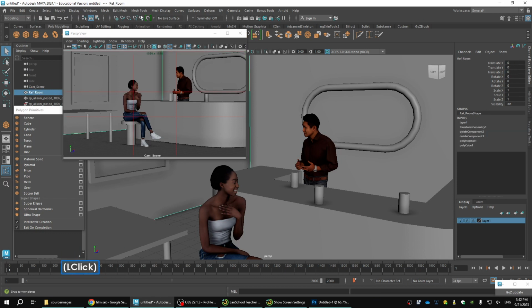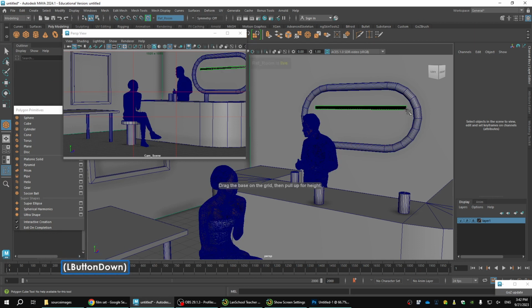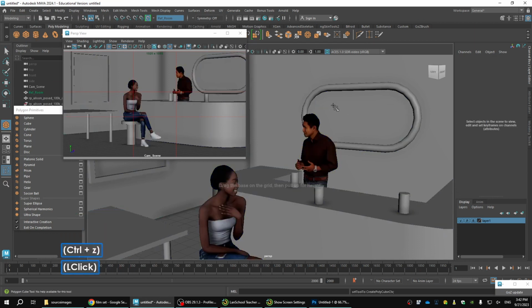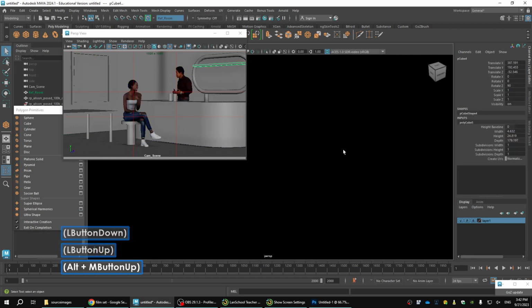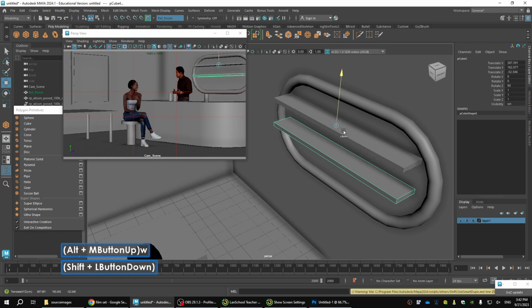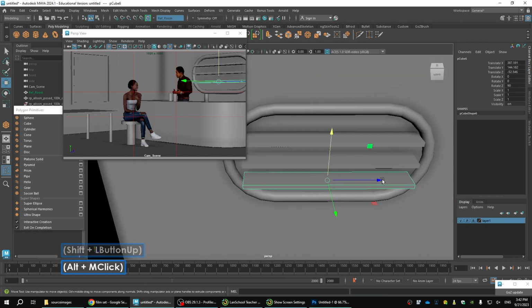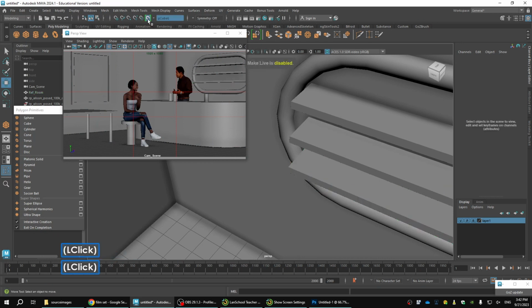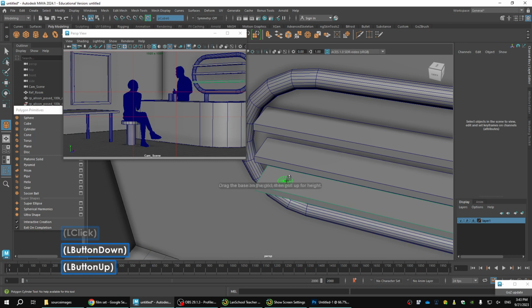Oh, I'm on the camera, sorry. Make live, there we go. Okay, and then we'll go to this, and we'll just make a little, oops. Again, make sure it makes sense. And you can make these live as well, so I'll turn off live, and with that shelf selected, I'll make that live, and then we'll just do a little